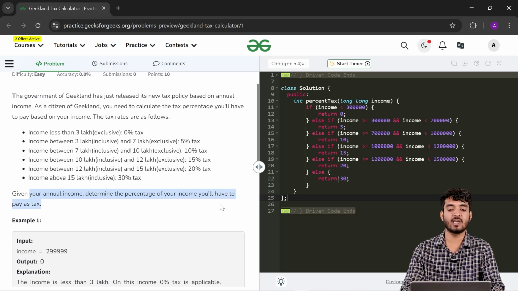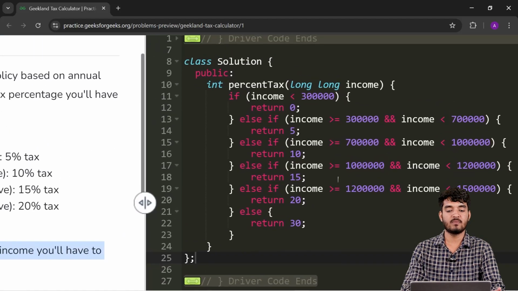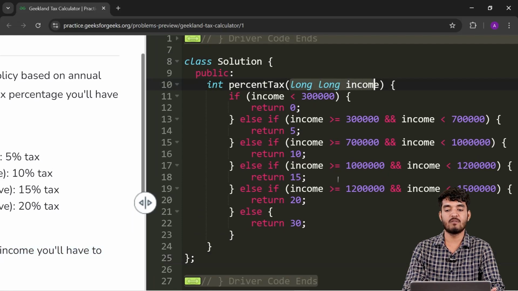This is just a cakewalk problem. You just have to check multiple if conditions, and if any if condition is true, then return the percentage corresponding to that tax range. I don't think much explanation is required in this problem, so I am directly showing you the implementation. Here the income is given to you as a parameter, and if it is less than 3 lakh, then simply return 0. Otherwise, if it is in the range 3 to 7 lakh, where 3 lakh is inclusive